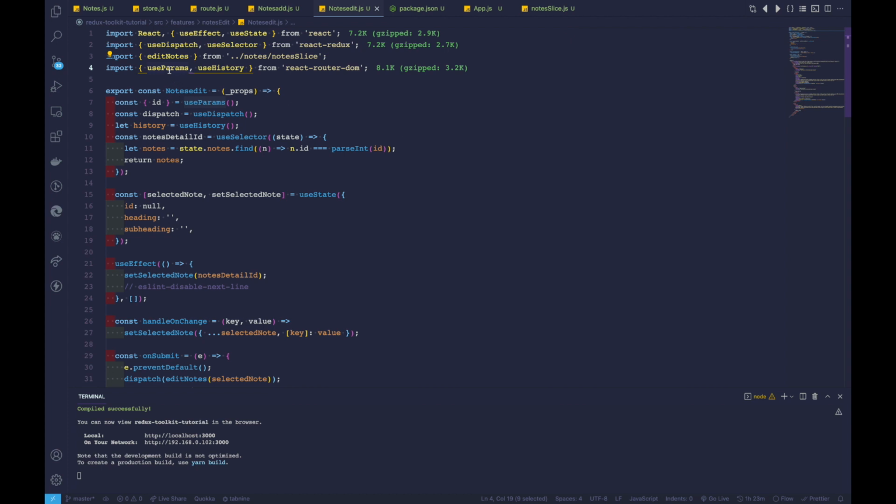So it will make us accessible, or we will be accessed with the parameters passed into that route with useParams, and useHistory to programmatically redirect our routes. So after that has been done, I created a constant NodesEdit, which doesn't really make use of props, but I'm just adding an underscore here because we haven't used that. So I'm destructuring ID from useParams, which can be